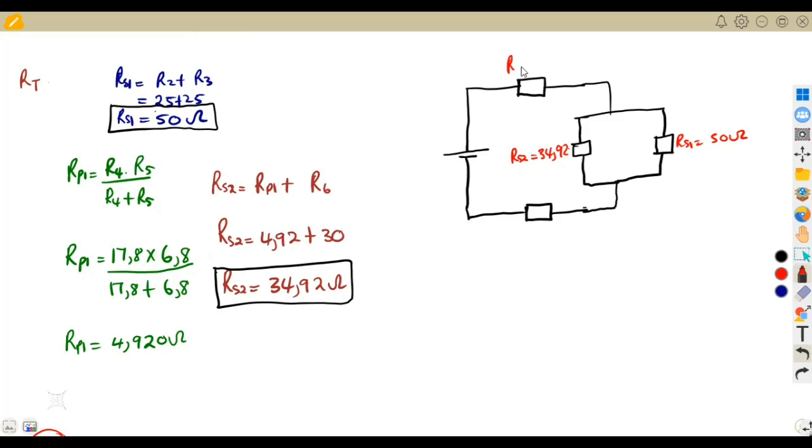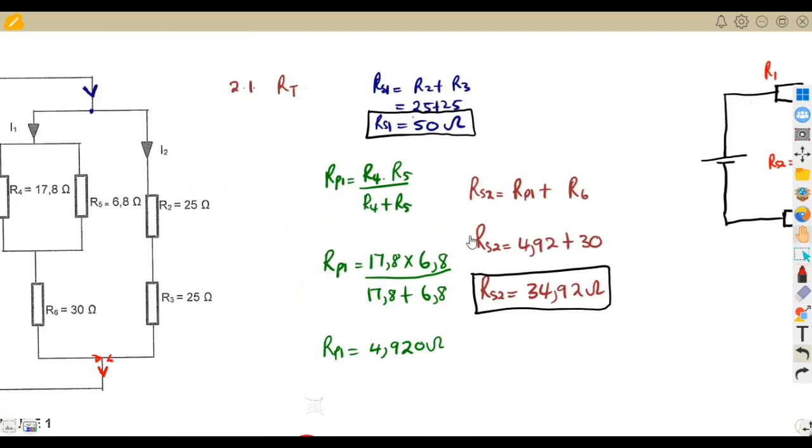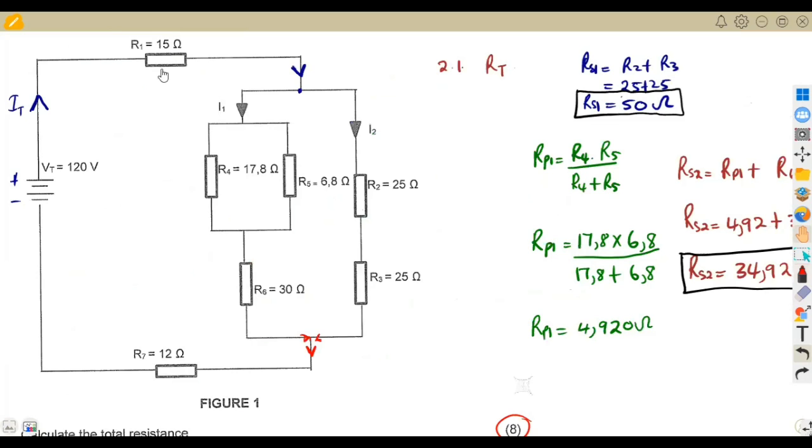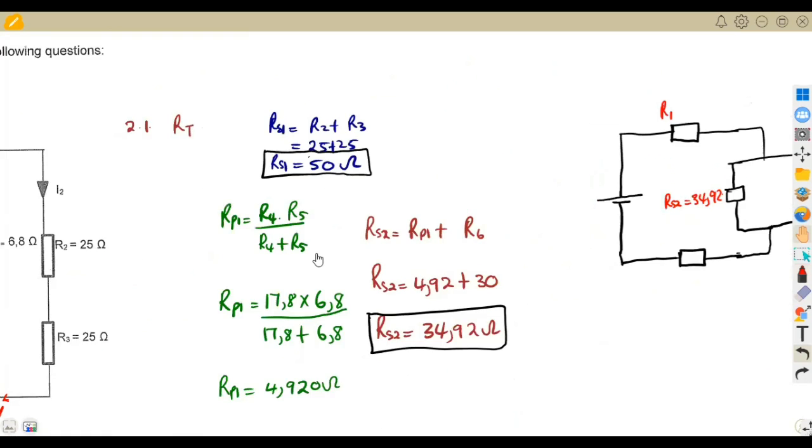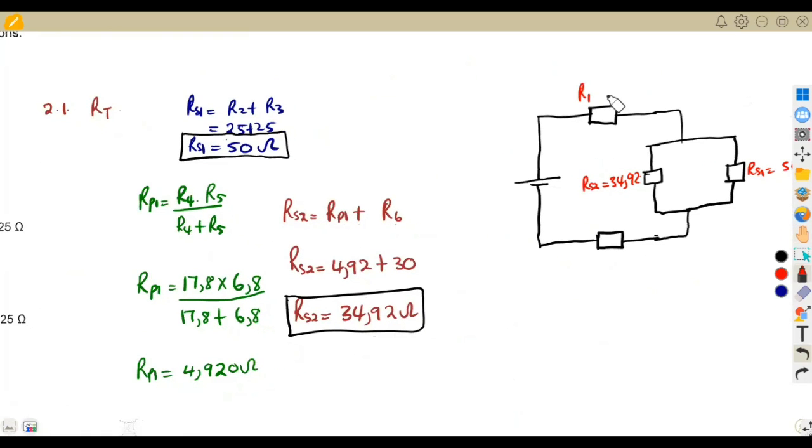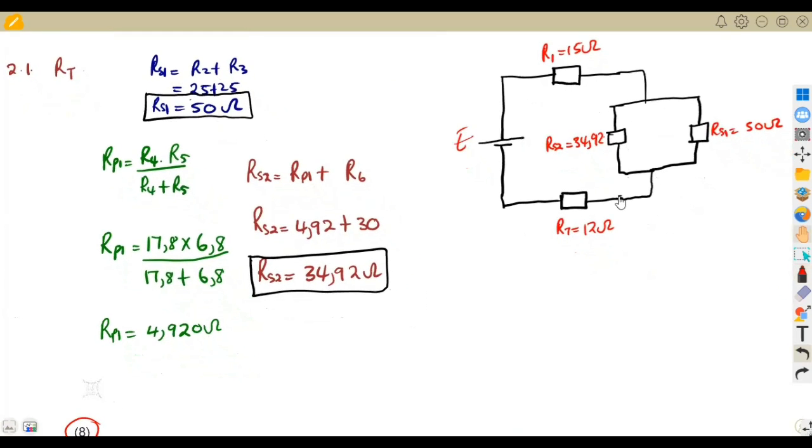And having our R1, the original one that we had, we never talked about this 15 and this 12. All right, so you're gonna have our 15 here, 15 ohms, and our R7 being 12 ohms. And this is our supply. We are not worried about this. We are talking about resistance, you see. So